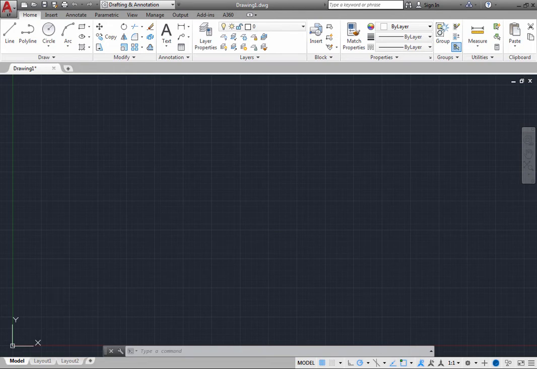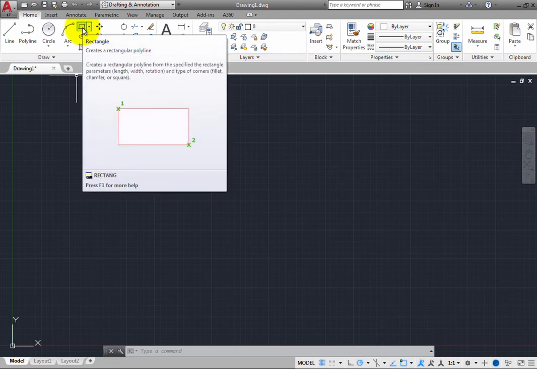Rectangles are another common type of object you can create. To create a rectangle, click the Rectangle tool in the Draw panel of the Home ribbon. If you hover your cursor over the tool, notice that the tooltip shows you that the Rectangle tool creates a